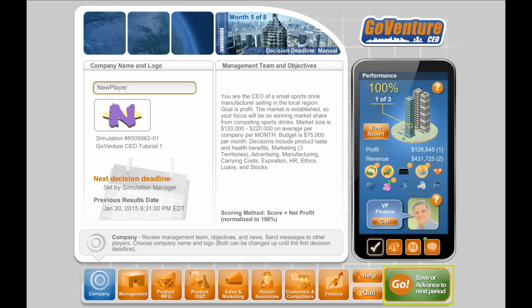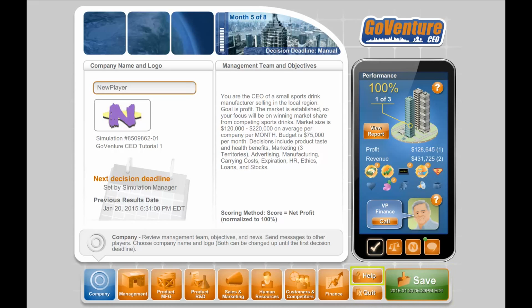A player advanced simulation only allows you to compete against computer-run businesses. You will not be competing against other human players. So, that is the progress window. And, here is your smartphone. We'll review that later. Down at the bottom right corner of the screen, you will find the simulation menu.